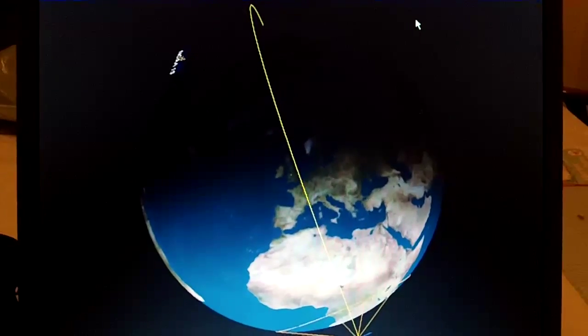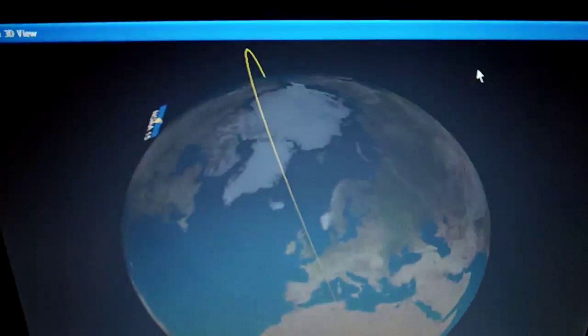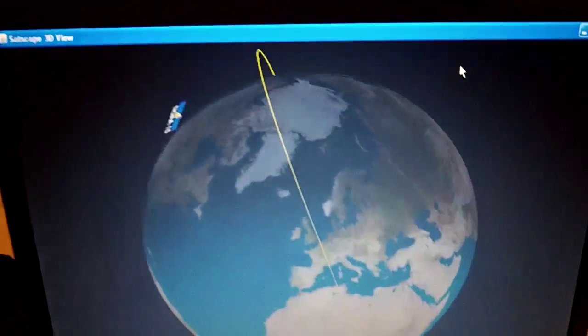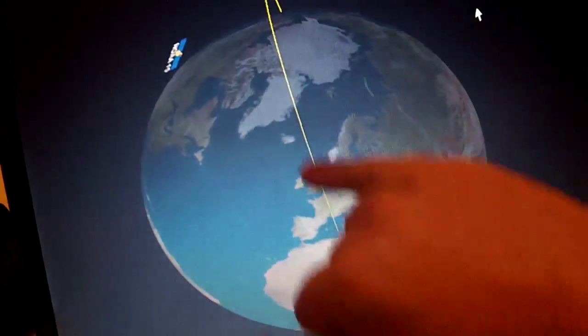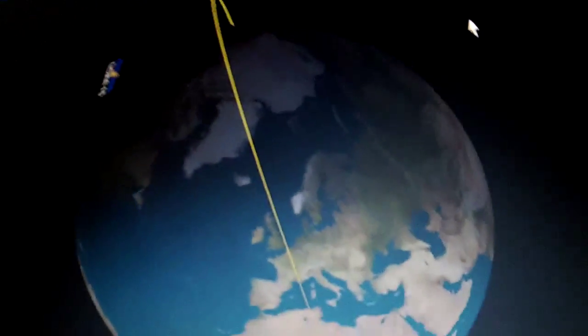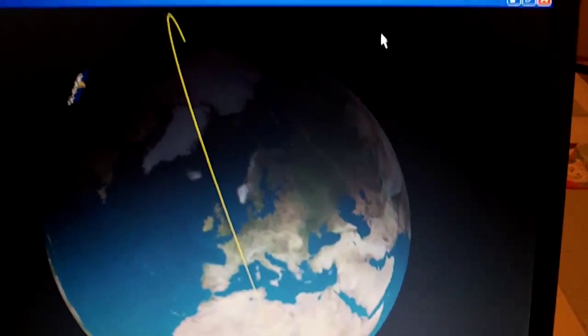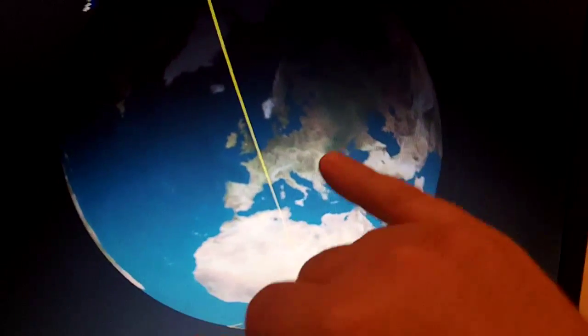If we just make that screen a little bit bigger, you can see the screen is lit up. Let's see if we bring it back that way a bit, it's a bit better for you. There's the UK, we've got the North Pole, and at the moment the satellite is down there, and we can see its line of trajectory there in yellow lit up across the screen, which is going to be the path that the satellite takes. And we will be able to see, once we're in the footprint of a satellite, this circle, which just appears as a straight line at the moment at the bottom, will actually form a circle over the mapping there,